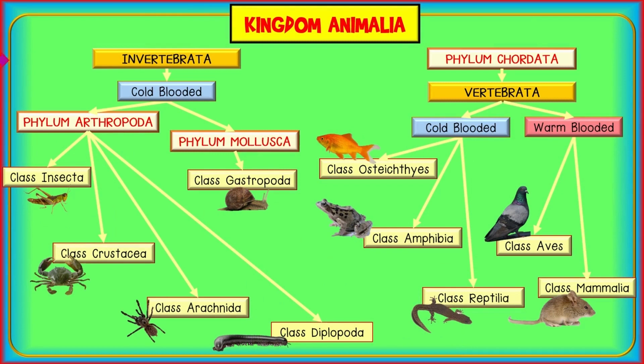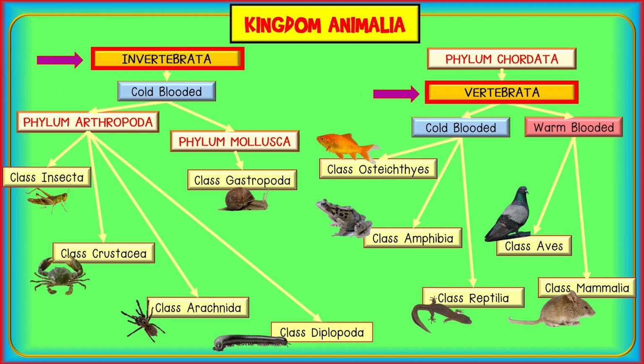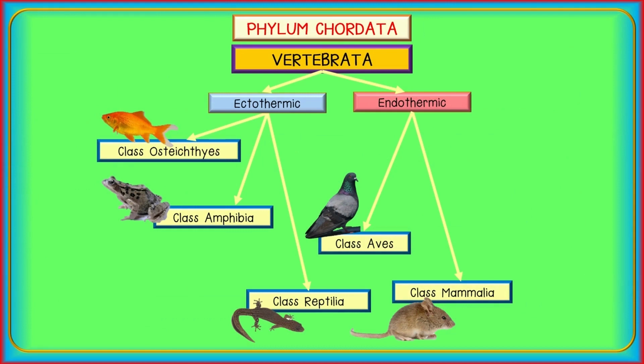You know that there are two main animal groups, the invertebrates and the vertebrates. In this lesson we will study the vertebrate animals. You need to know that there are other classes of vertebrate animals that we will not study. In this grade, we will study the vertebrates with which you are most familiar. These groups are class Osteichthyes, class Amphibia, class Reptilia, class Aves, and class Mammalia.